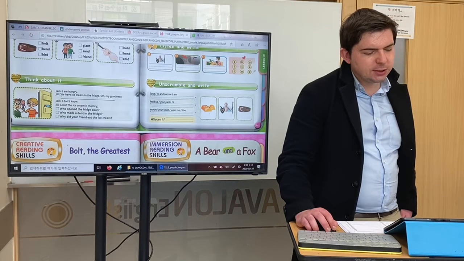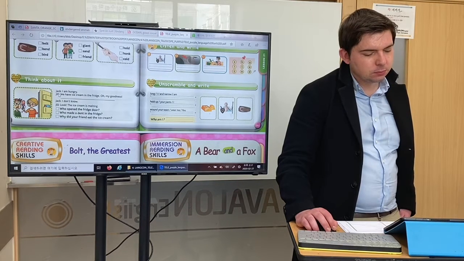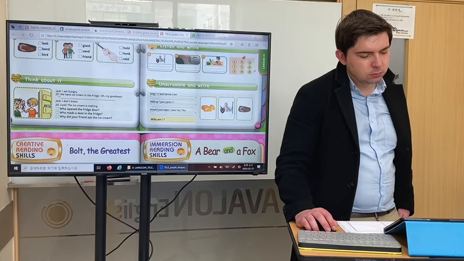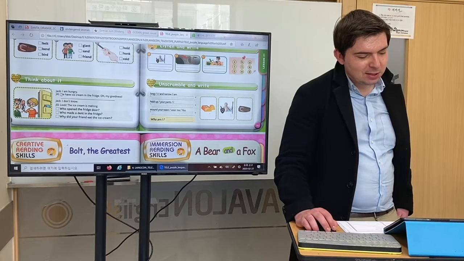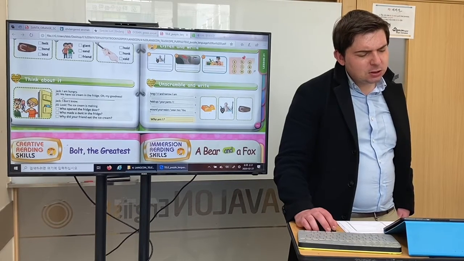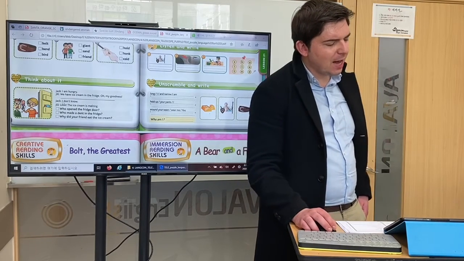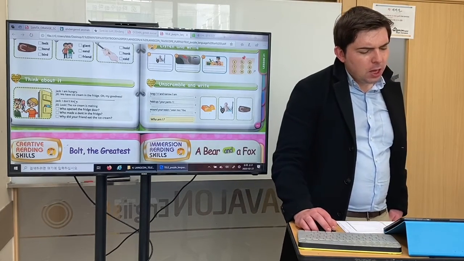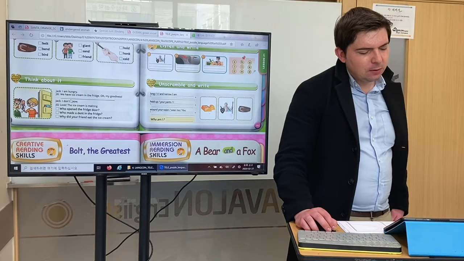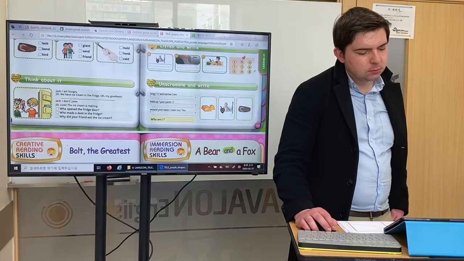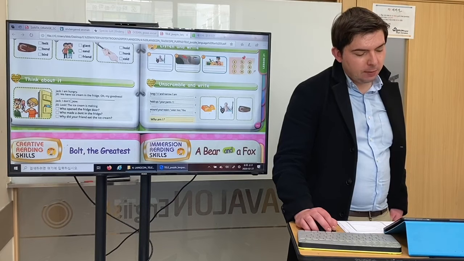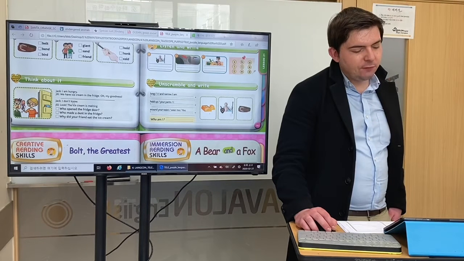What does Jill say? We have ice cream in the fridge. Oh my goodness. Yes. Then Jack, if we exclude the blank, says, I don't know. What does Jill say? Look, the ice cream is melting. Okay. So using this information,